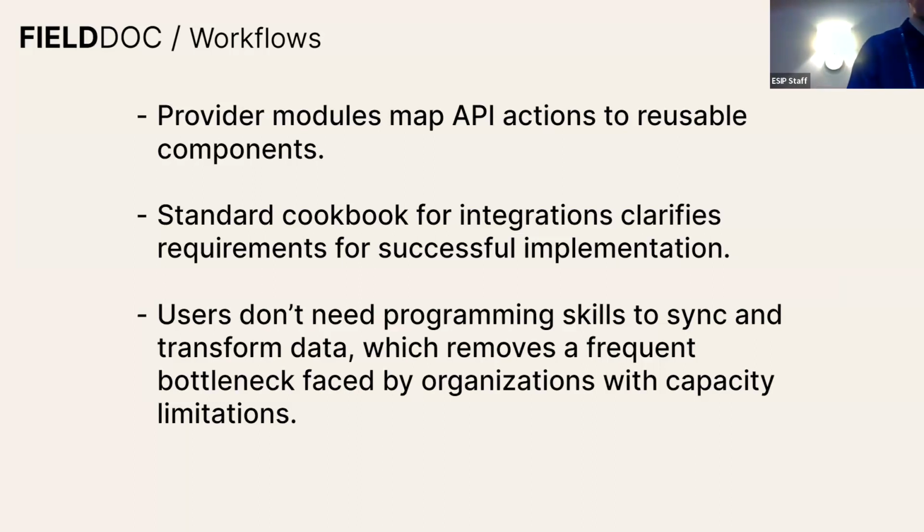You know, in terms of implementation details, I won't go too far into the weeds, but when there's an API, and most often it's a JSON API, then that means that we can map FieldDoc actions directly onto API actions in another system. So if you're getting data out of an ArcGIS Online feature service, there's a standard set of facilities for that in the ArcGIS Online API. So once you've connected to it, you can expose that to users in a way that actually makes sense to them and just explain it using normal language.